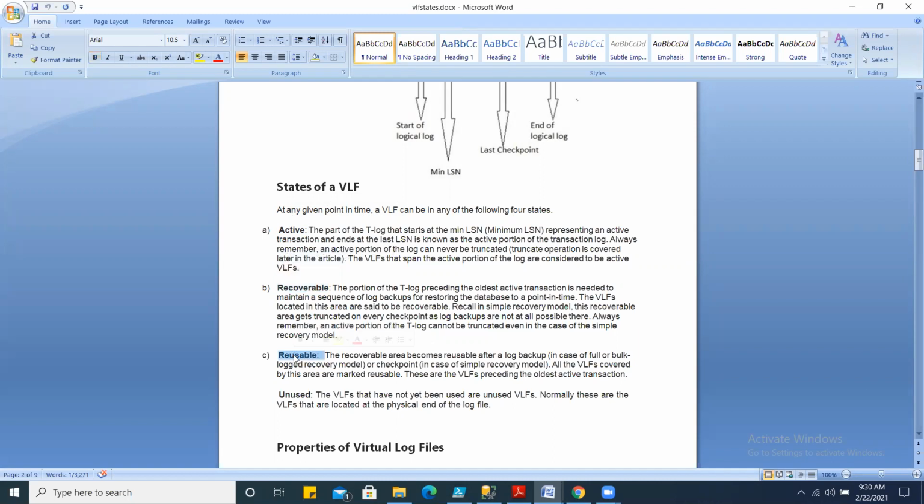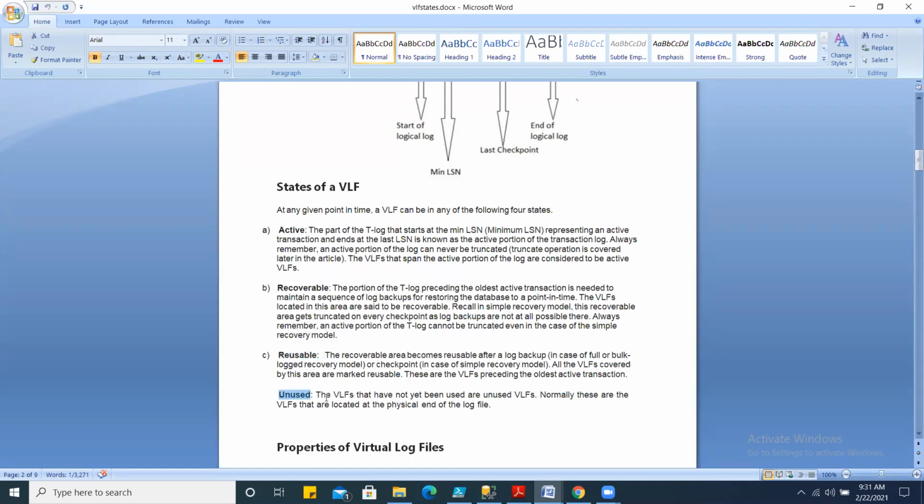This is an L3 level question asked in interviews, especially for DBAs: what are the different states of a VLF? First, they will ask what is a VLF, and then they will ask what are the different states of a VLF, right? So these are the states. The first state is unused or free. It means that no transaction has yet been written into that VLF.